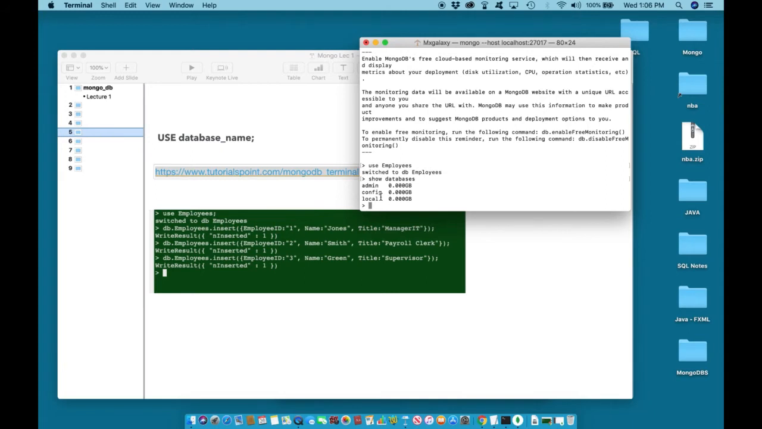So let us insert our first piece of information. The first piece of information is for employee ID 1, name Jones, and the title was manager. Let's do this. To insert information, we simply type db, the name of the collection we're looking to insert into, followed by open parentheses and curly brackets. The curly brackets are an indication that we are using JSON format. Type in the name of the field,